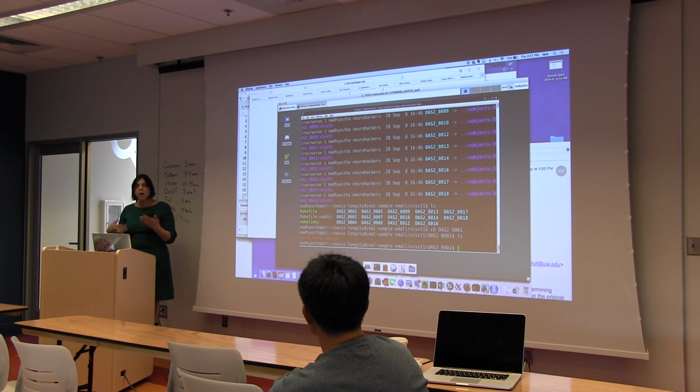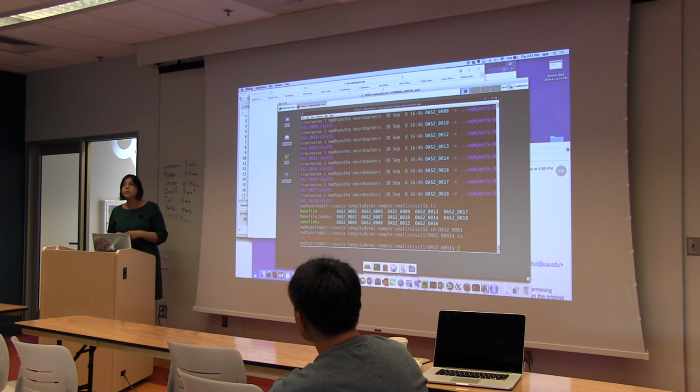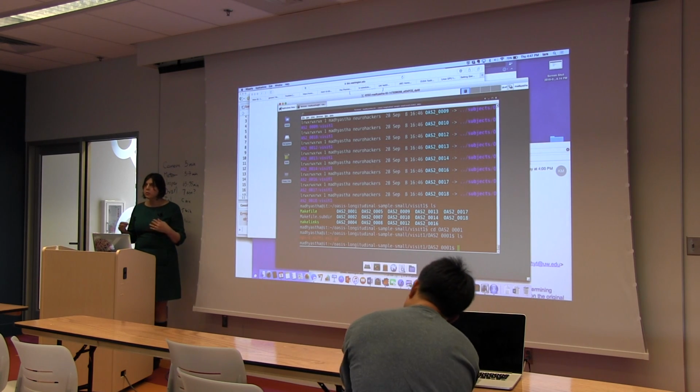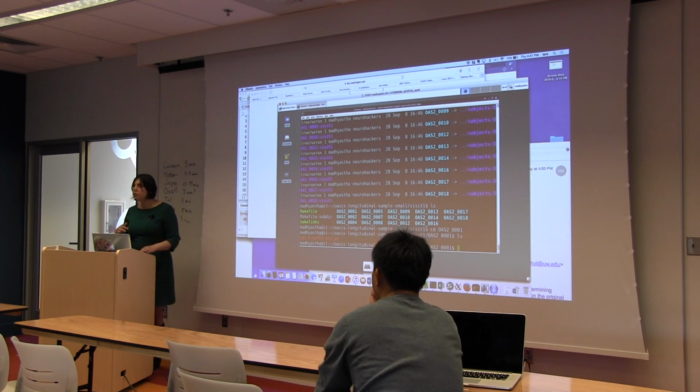But usually data are coming in one time point at a time. So you're getting a few subjects for your first time point, and then a few subjects for your second time point, and so on and so forth, right? So we have found that it's easiest to set it up so that you have the data in both formats. You keep it in the deeper data format where you can look at each subject and what time points it has,